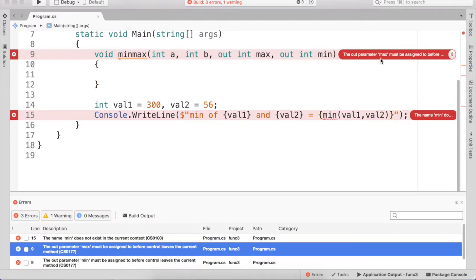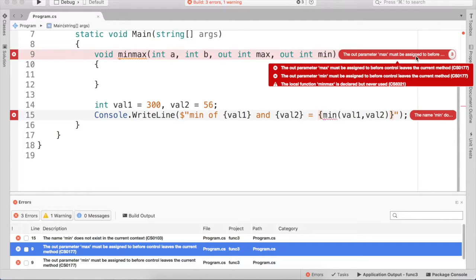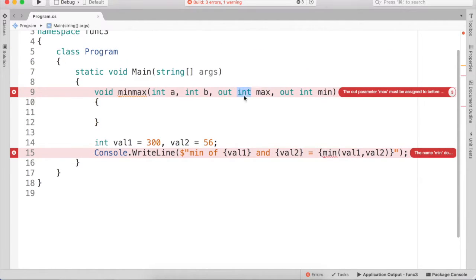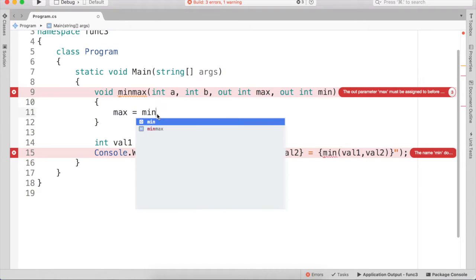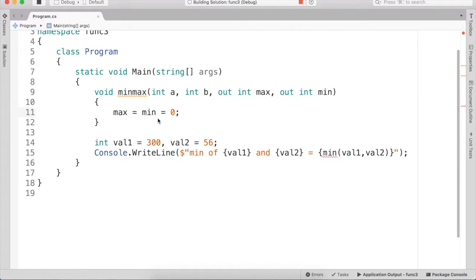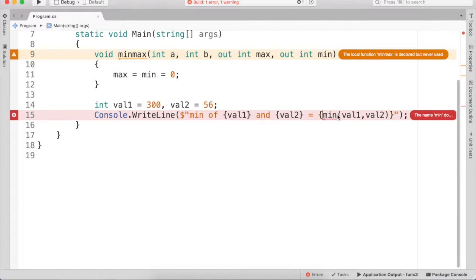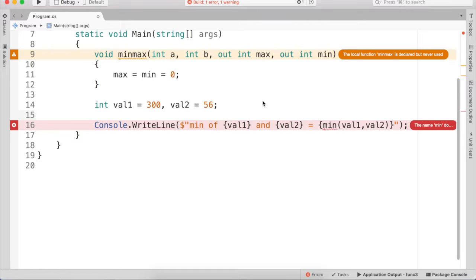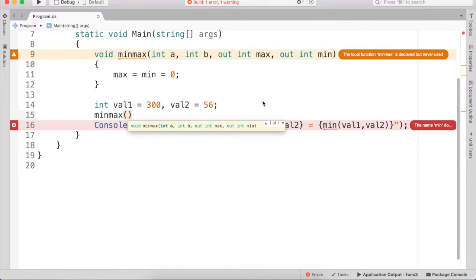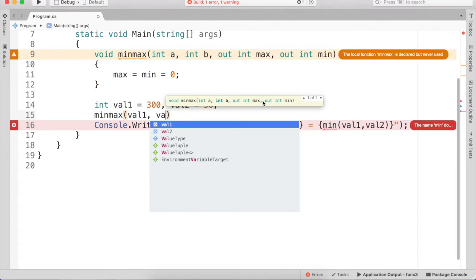It says parameter max must be assigned to before using. Here, since you're declaring a variable, you have to put some value. Let's put some dummy value for now, just to see how it builds. Still doesn't build because we're calling the wrong function. Let's do something different. We'll call min max, pass val1, val2,